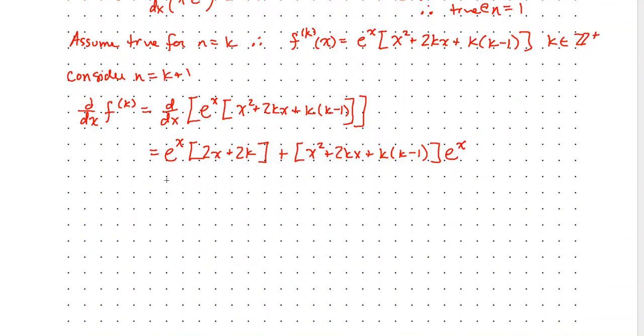Now let's group some terms. We can factor out e to the x from both of these. So that's going to be e to the x times 2x plus 2k plus x squared plus 2kx plus k times k minus 1. Okay. So I'm going to group a little bit more, maybe some distribution, because I'm going to try to show that my derivative is going to be this form,